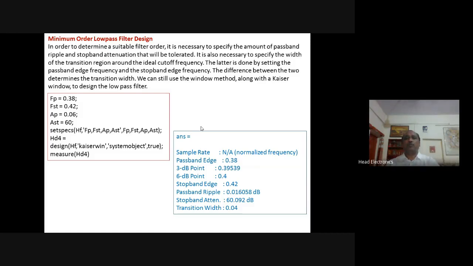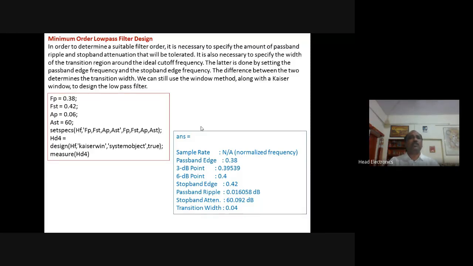So on the basis of loss in these two parameters, we can decrease the order of the filter here.